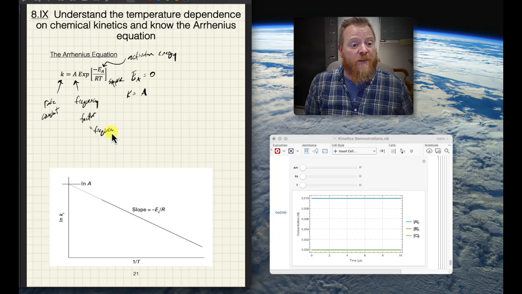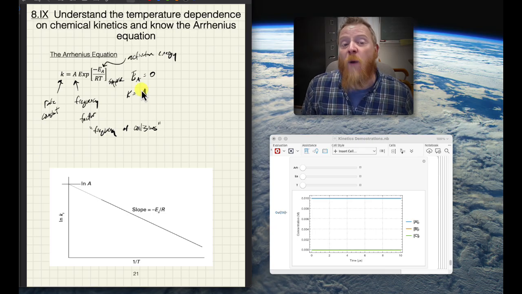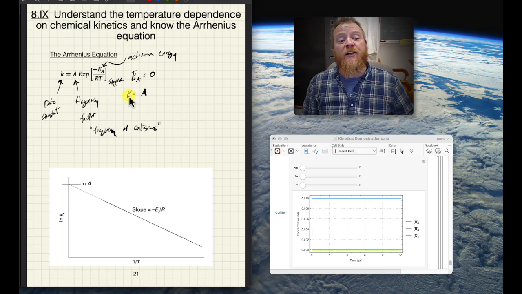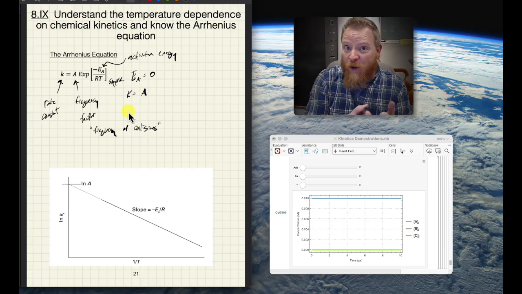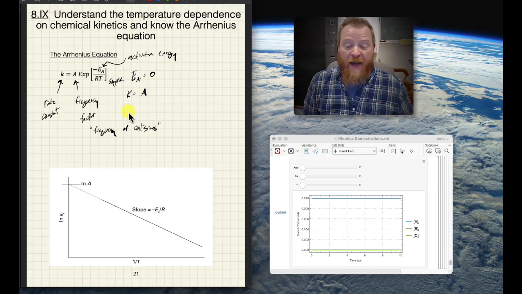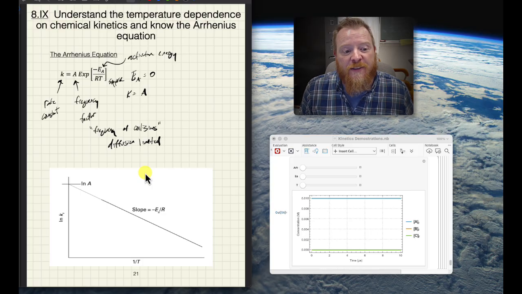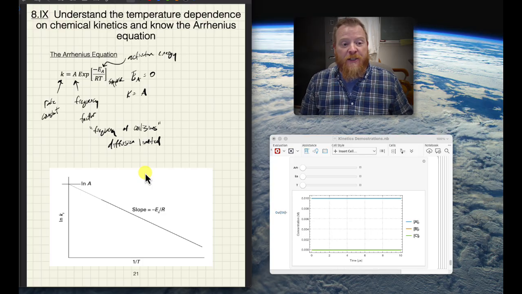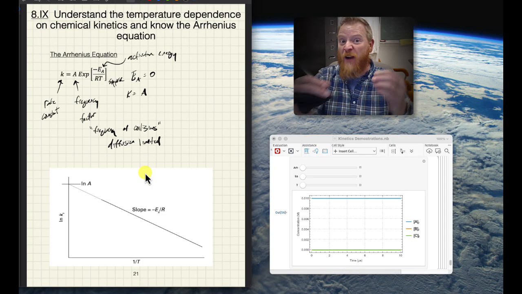And in the limit where there is no activation energy for a reaction, the rate constant will proceed as quickly as the molecules are able to collide. So we often think of that as our diffusion limited case. So the only thing that's limiting the reaction is the speed at which the molecules are able to find each